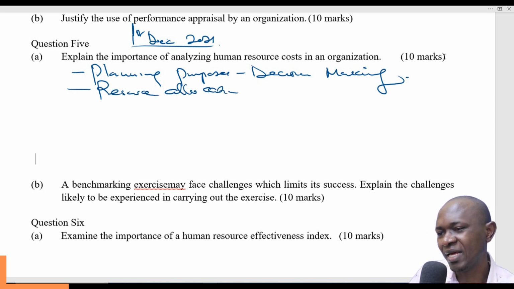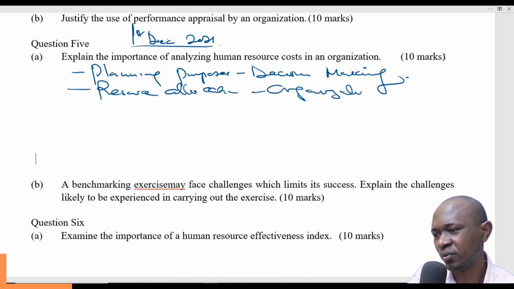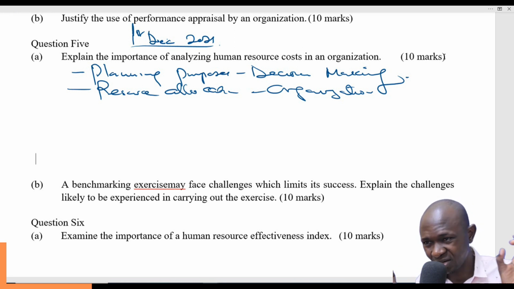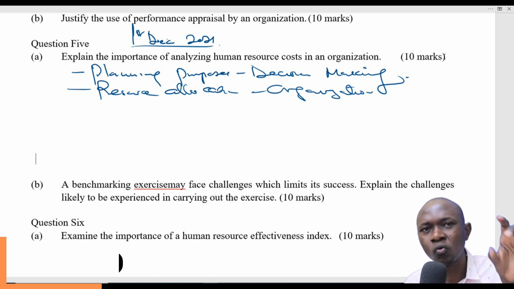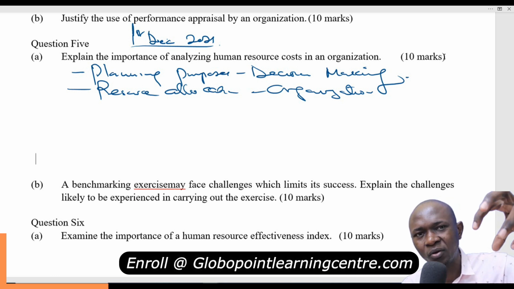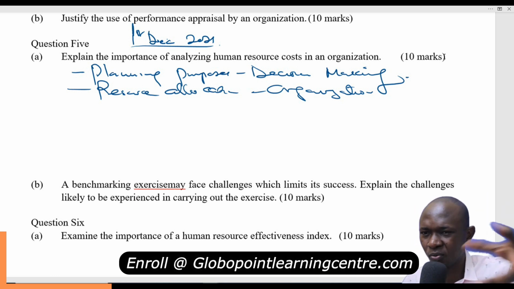I will call it the organization function. It helps us organize resources. When we analyze the human resource cost, we know which centers have consumed what amount of resources. It's not easy to allocate, and organizing and planning are a little bit different, because there's much that goes into organizing: resource allocation and getting the right people to whom to assign the responsibility of being in charge of the resources. So there's some slight difference, and that's why these 2 points qualify to be different.